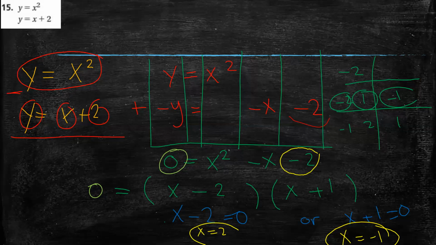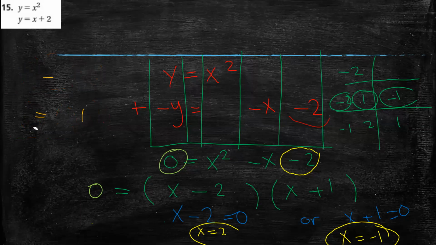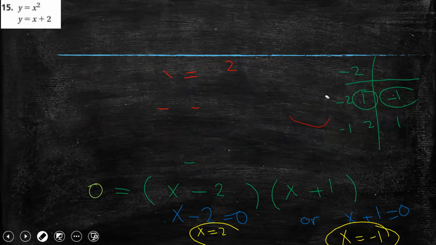Yes, miss. Then I need now to find the values of y. Did you remember before that I found x? For x, I have to find y. And for the other x, I have to find the other y. So I have to find now the two coordinates of these equations. What does it mean? After I make this step here,